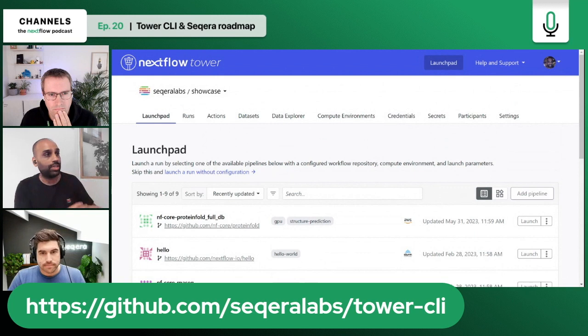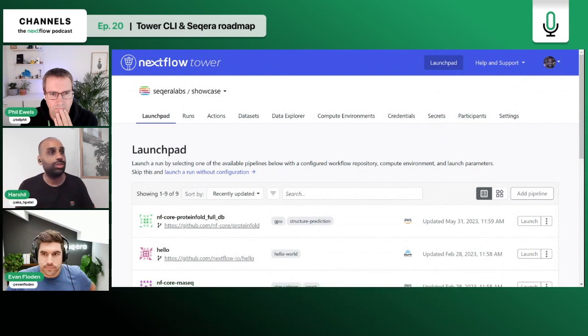You can, of course, create these via the user interface, but it's much nicer to automate this sort of stuff. And actually, this is where Tower is very different, in that you can, if you want, use a UI to do your analysis, but you also have an API and a CLI accessible to you to hook into Tower to do a lot of this automation. And so